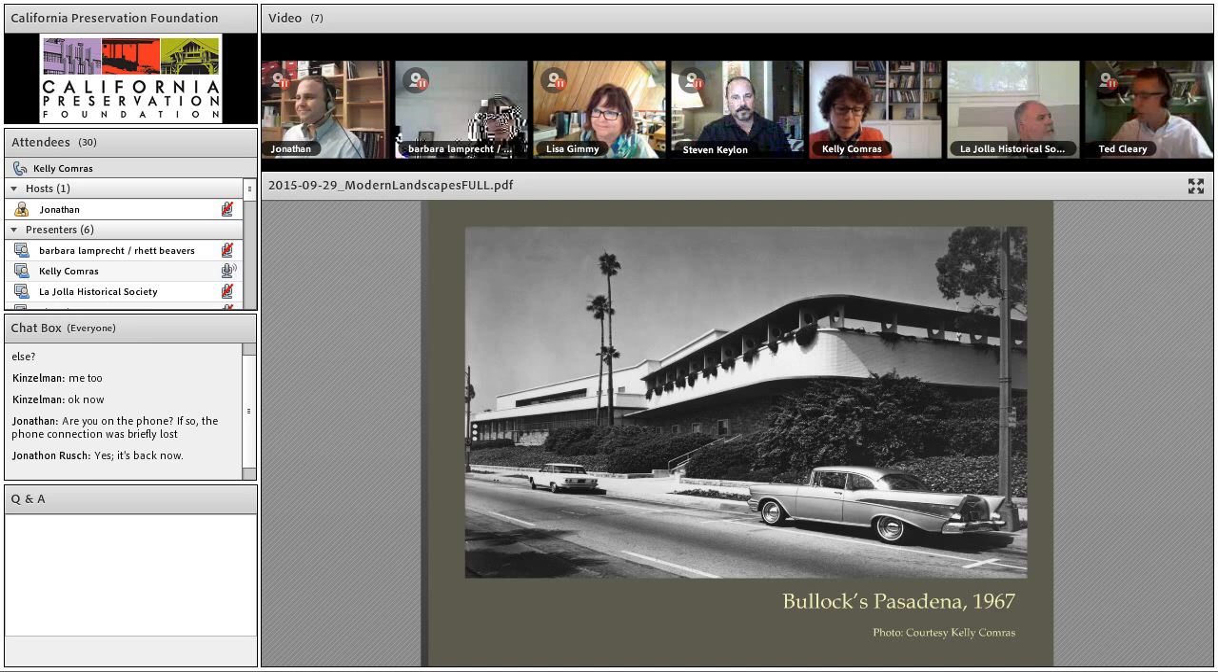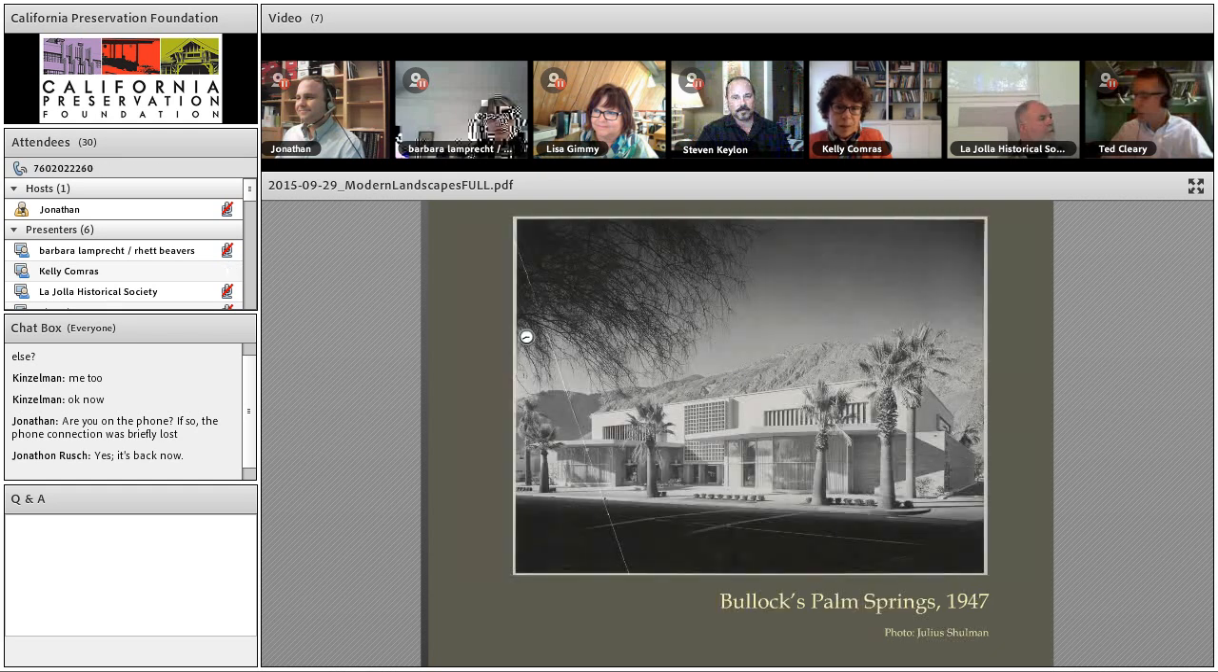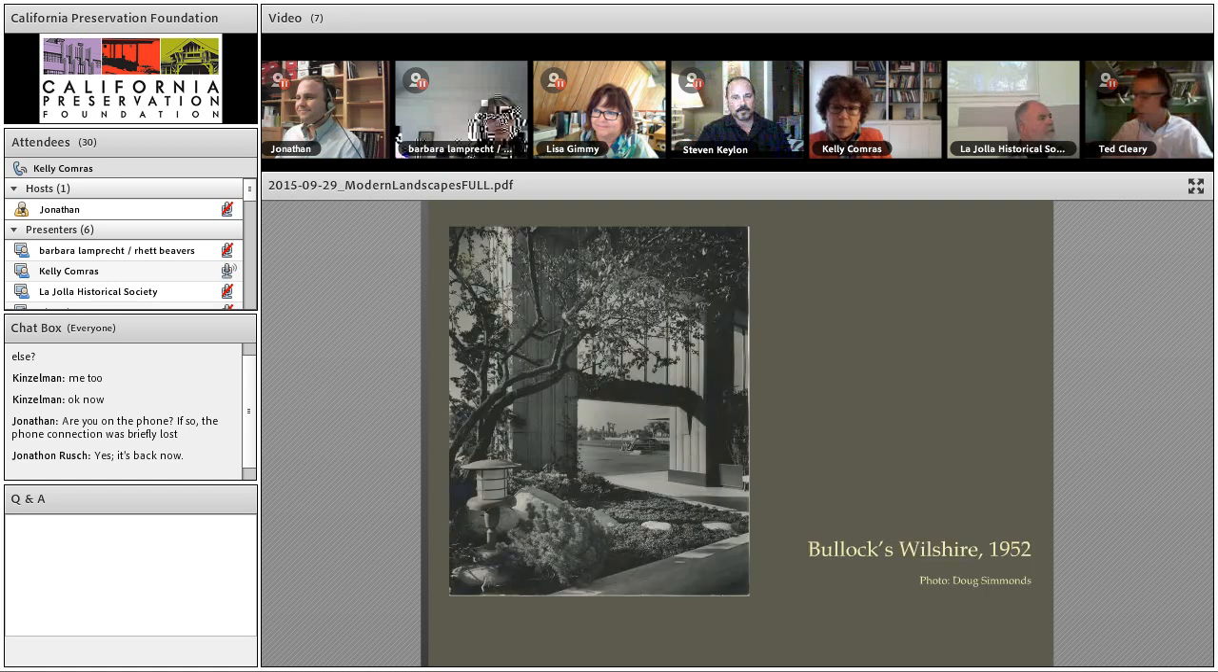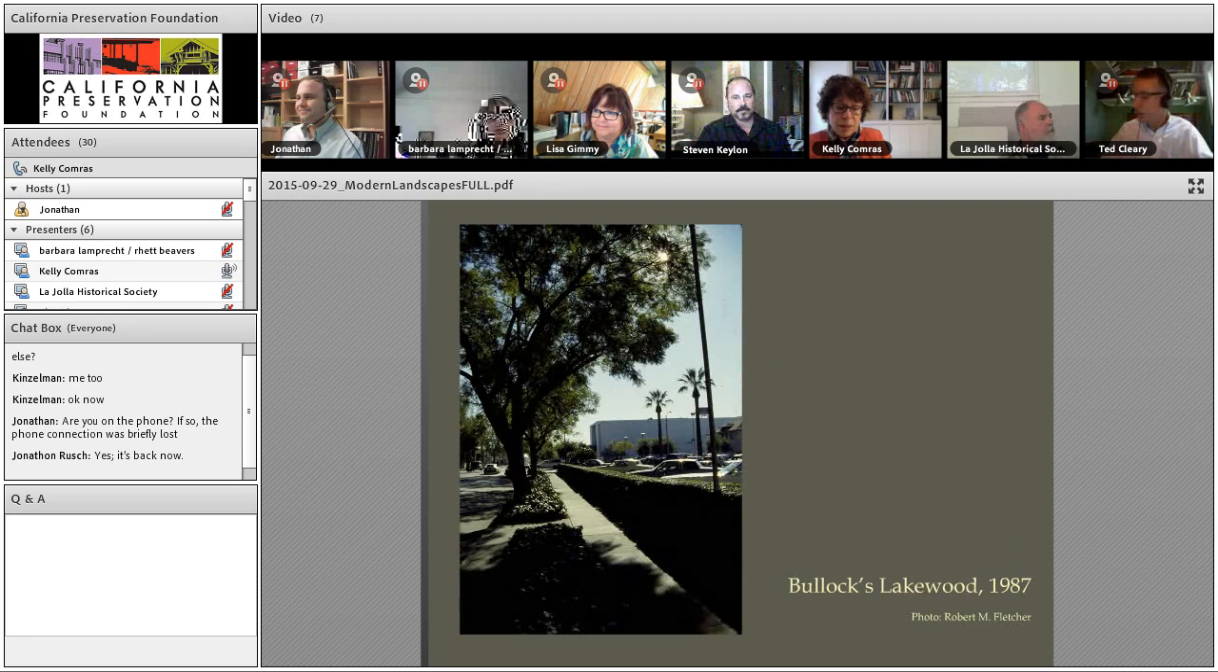The most memorable of these destinations in post-war Southern California was the chain of Bullock's department stores and Bullock's Fashion Square shopping centers, with original landscape designs by Ruth Shellhorn. These included 4 freestanding department stores located in Pasadena, Palm Springs, Los Angeles on Wilshire Boulevard, and Lakewood in Lakewood Center,